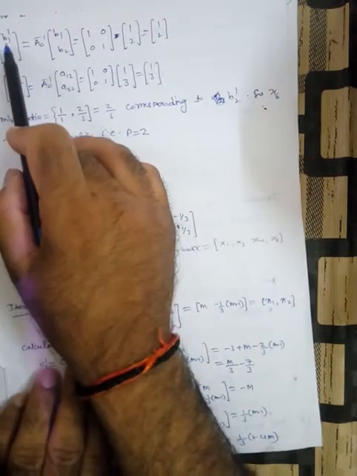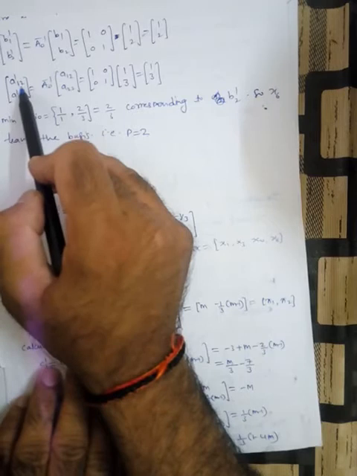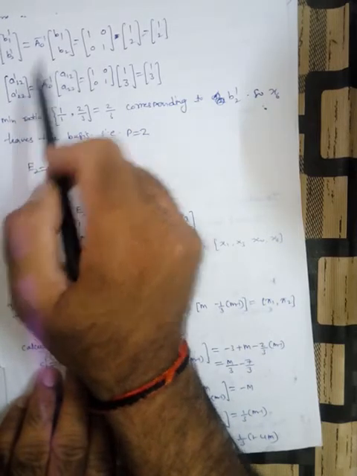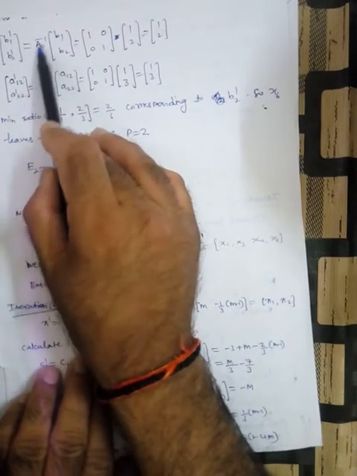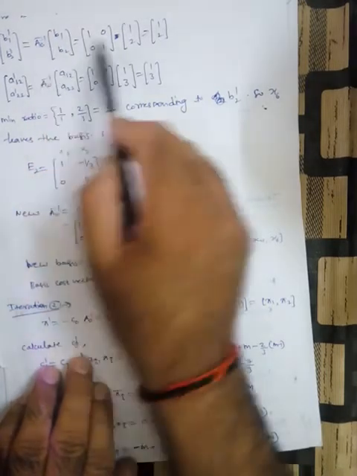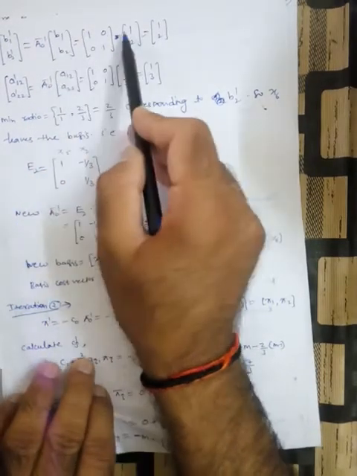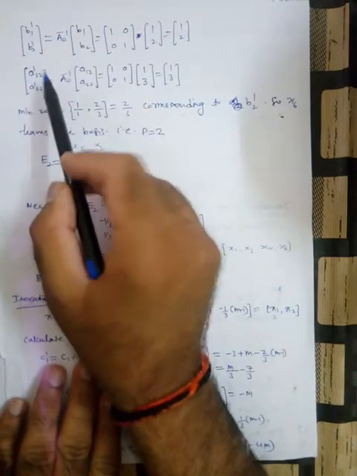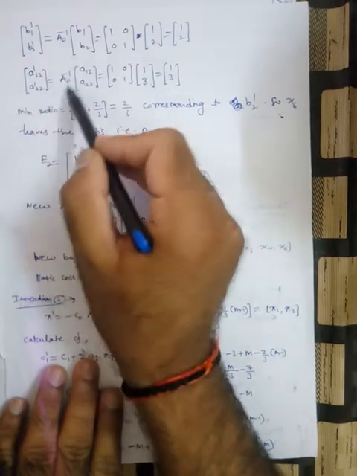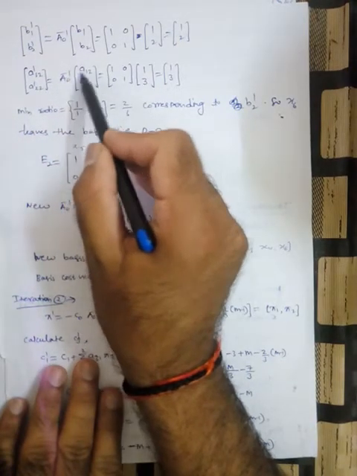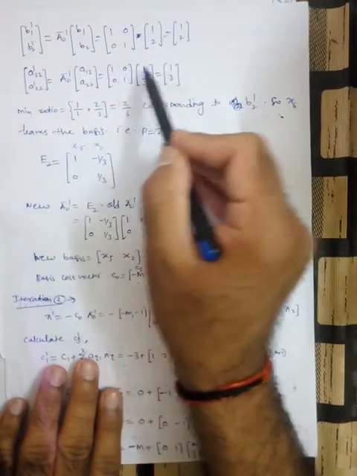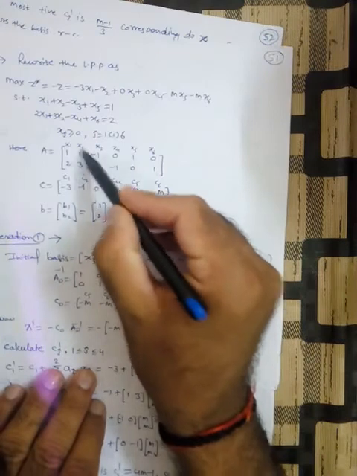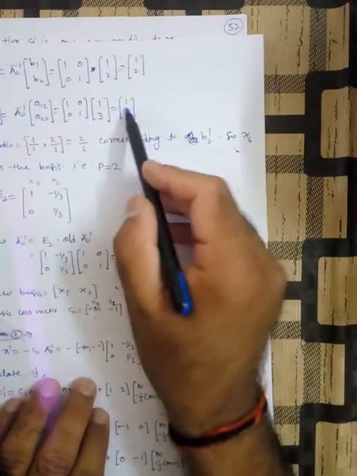For this we have to find b1 dash, b2 dash, and a12 dash, a22 dash. Here b1 dash, b2 dash is given by a0 inverse times b1, b2. A0 inverse is nothing but the identity matrix, and b1, b2 is 1, 2. So multiplying this, we get 1, 2. Similarly a12 dash, a22 dash is a0 inverse times a12, a22. This is the identity matrix, and a12, a22 is nothing but the second column, which is 1, 3. So multiplying this, we get 1, 3.